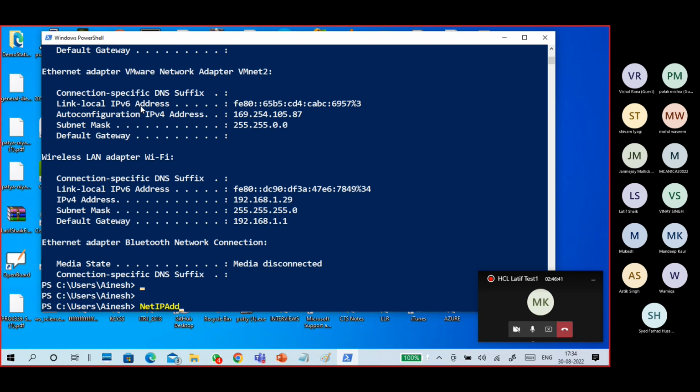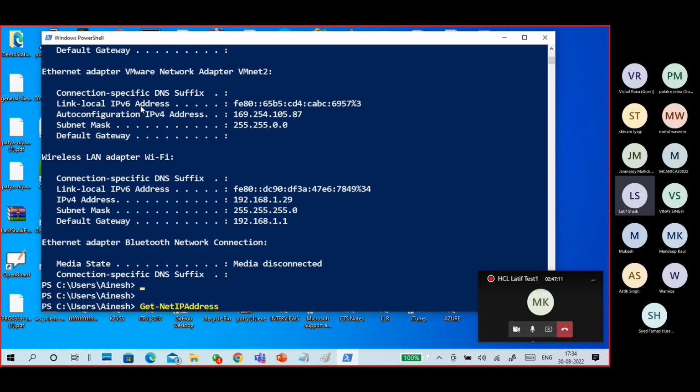Sorry, I typed unnecessarily like this. Get net configuration, network adapters. Okay, so then I will go to net IP